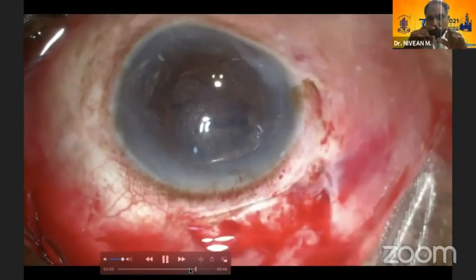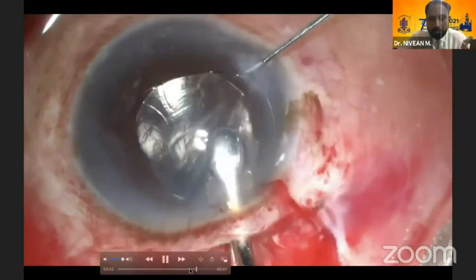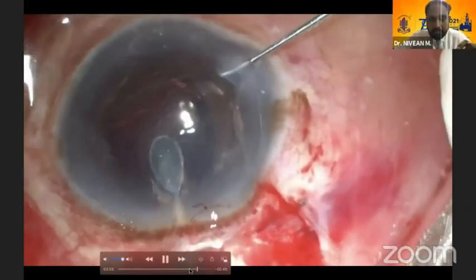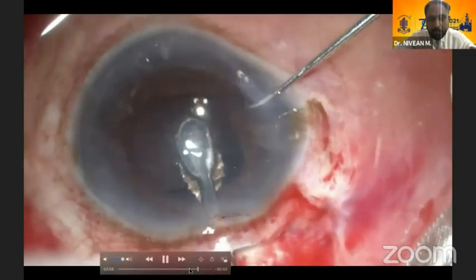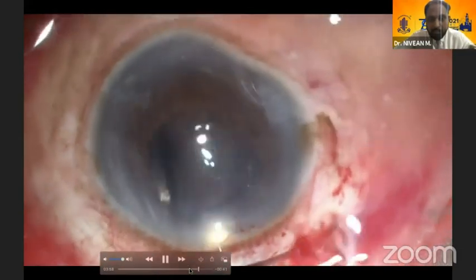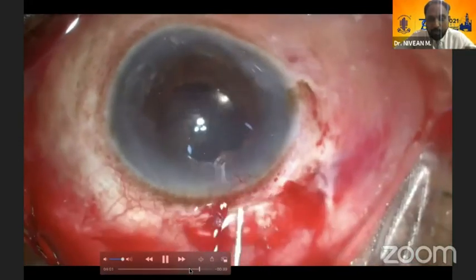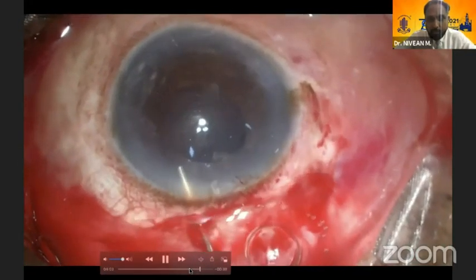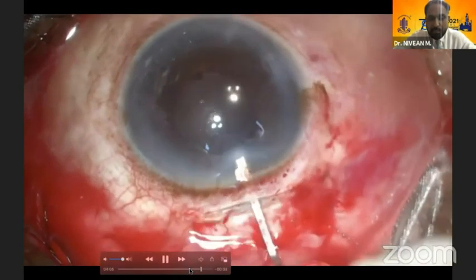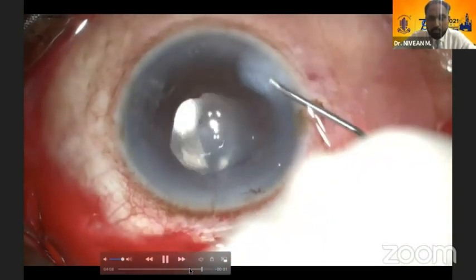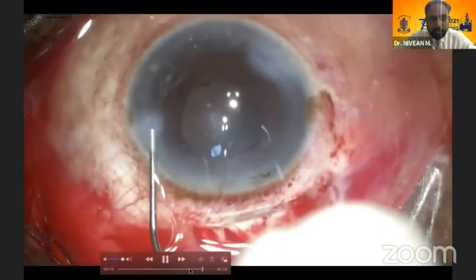The trick here is that it only prevents the lens from getting ovalized iris. Catch the lens, take it under the iris. By that time, my second instrument is already ready, where we are going to fix the claw lens in the mid periphery. So here also, when you have a complication where you lose the entire bag, we don't have to worry. We don't have to refer it. We anterior segment surgeons ourselves can place an iris claw lens and have such good results, with good dilatation. And make sure you hydrate the wound.